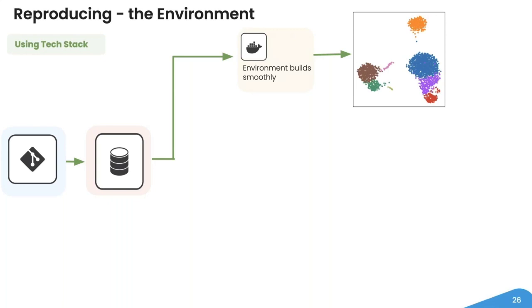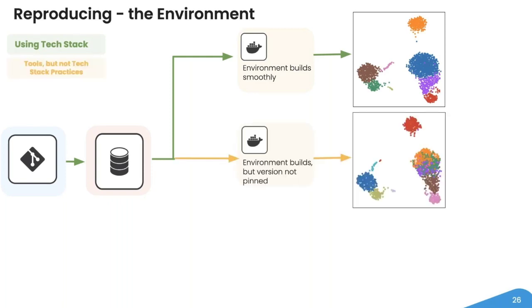It would result in the exact same UMAP plot we previously saw in the original publication. What if they were using the tools but not the tech stack practices, specifically in the environment? Maybe the original author used Docker, but the version of a package was not pinned. So when the Docker image was pulled 5, 10, 15 years from the original publication, the version had been updated and the function had slightly been changed to make the UMAP plot. You may see a similar UMAP plot, but you will see different contents that will not validate the original plot